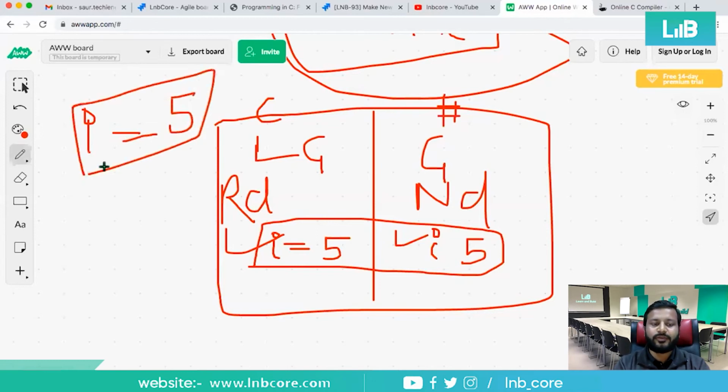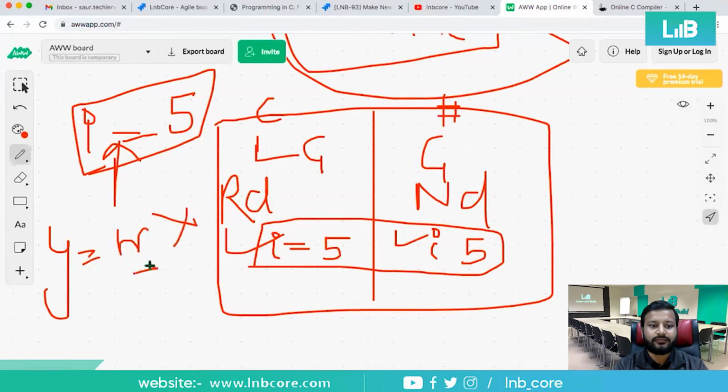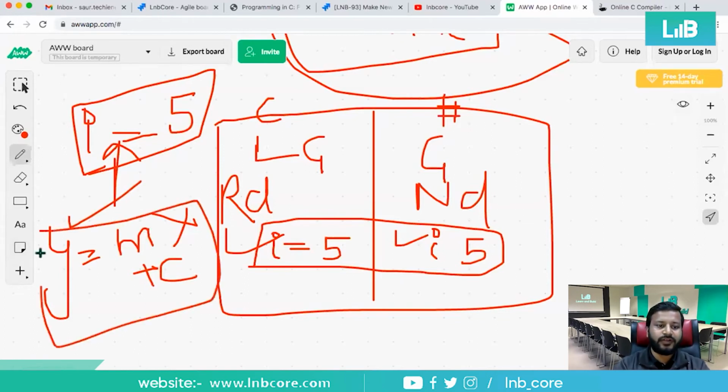So when should we use these things? We should use these things only when you have a formula. Suppose you have a formula called y is equal to mx plus c. In machine learning, in your mathematics, this formula is very important for a straight line, for stock exchange, for predictions, for regression, right?